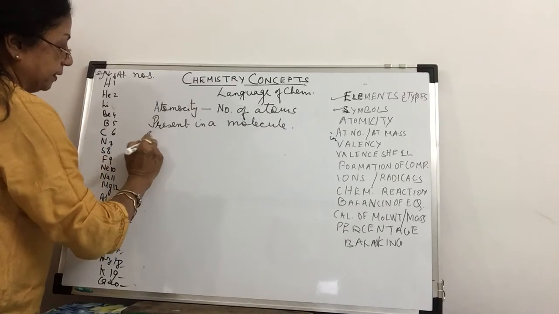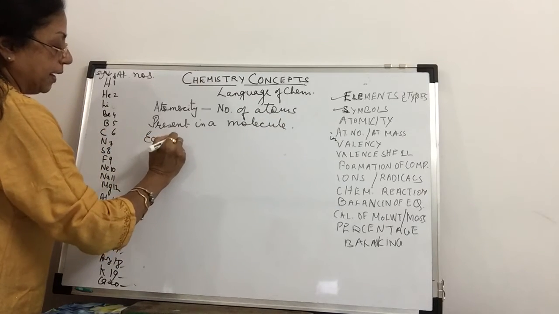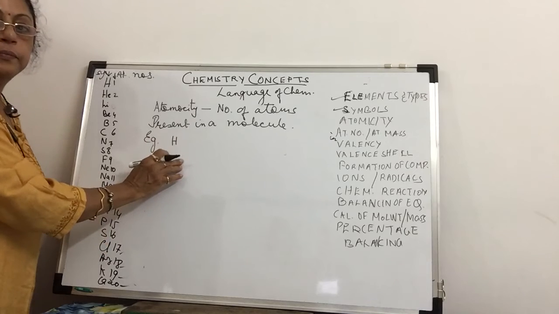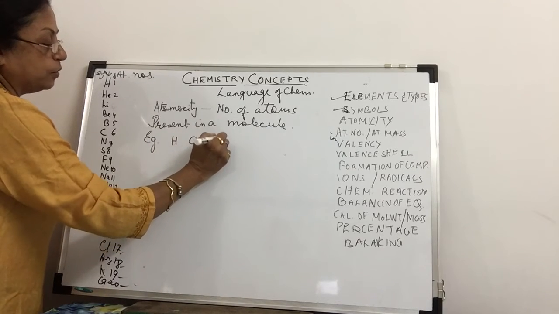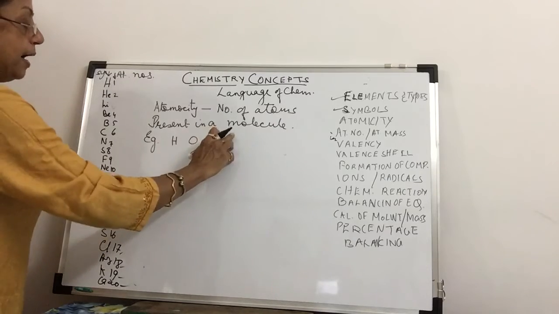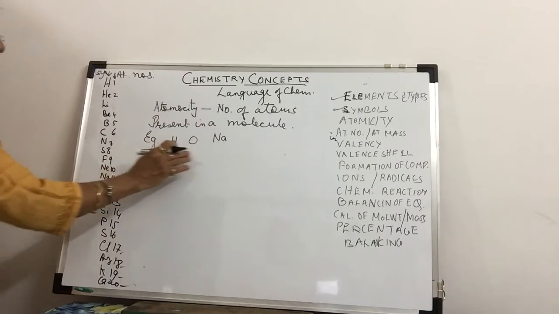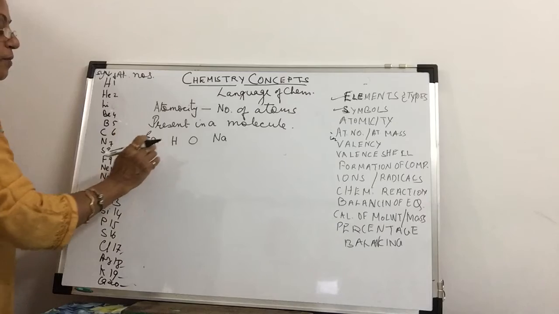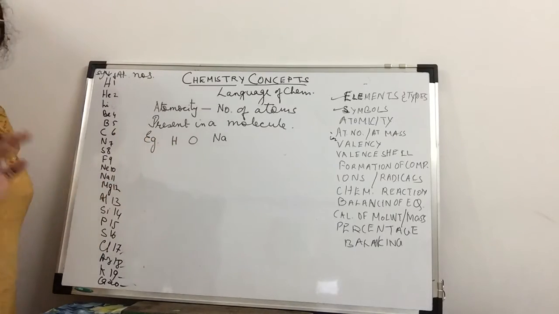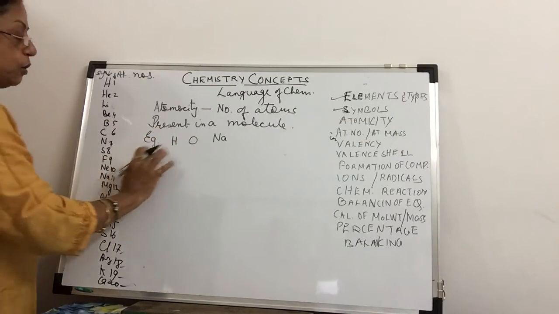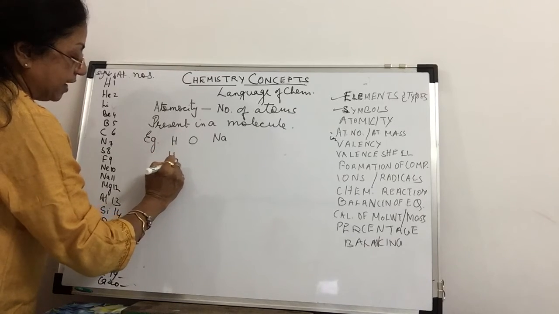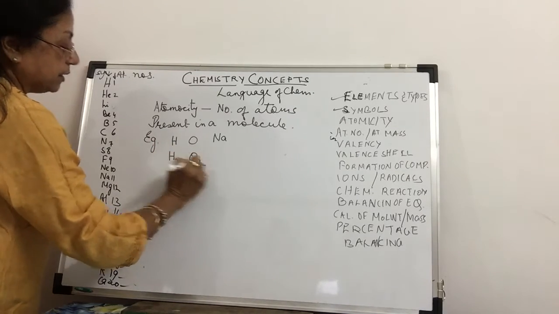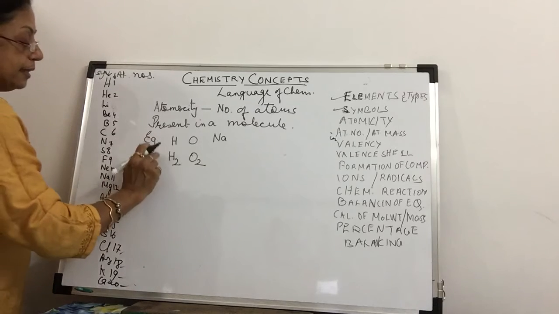For example, if I write only hydrogen, this is one atom. If I write oxygen, one atom. If I write sodium, one atom. But here a very important thing is, for hydrogen and oxygen, we usually don't write them like this. Hydrogen comes in the form of H2 and oxygen O2. So these are